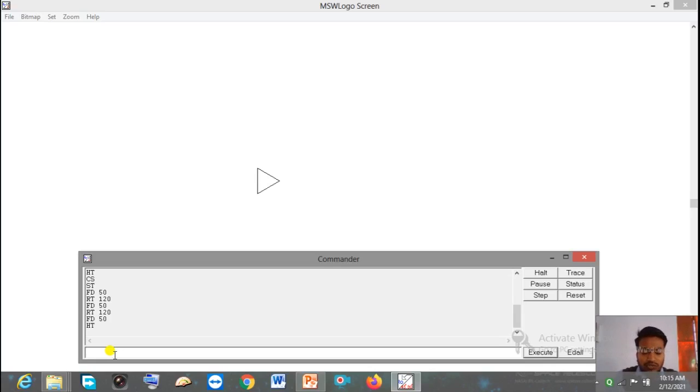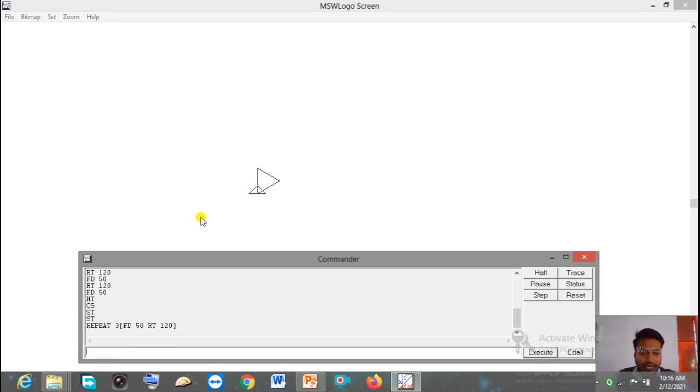First let me clear this, then ST to show the turtle. Now I'm going to write repeat, how many times? 3 times, in square brackets FD 50 space RT space 120.